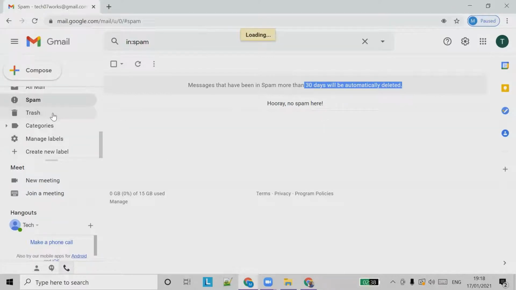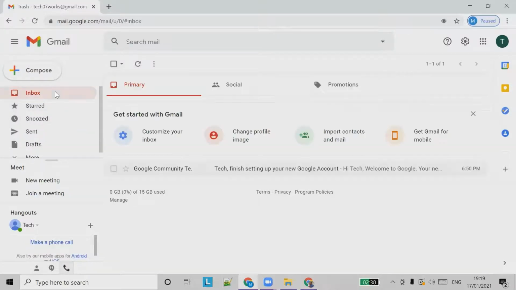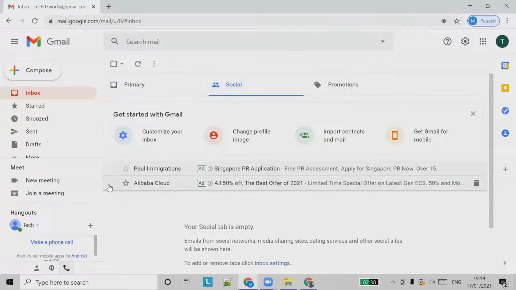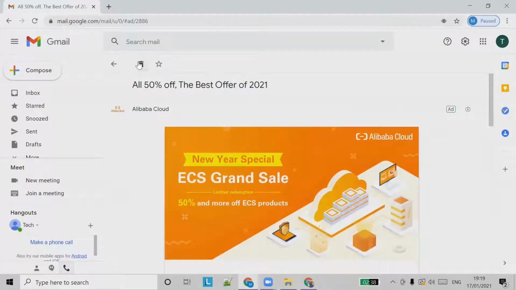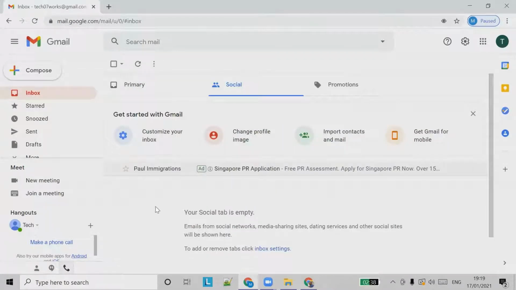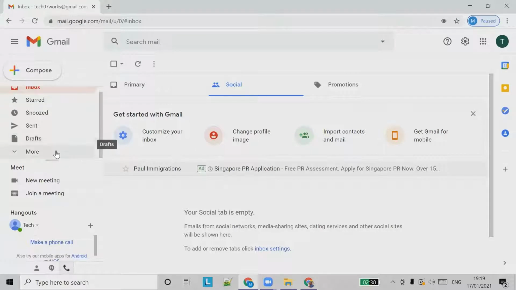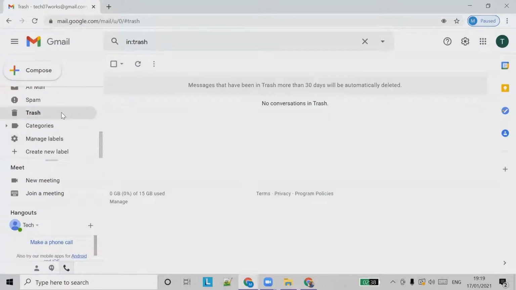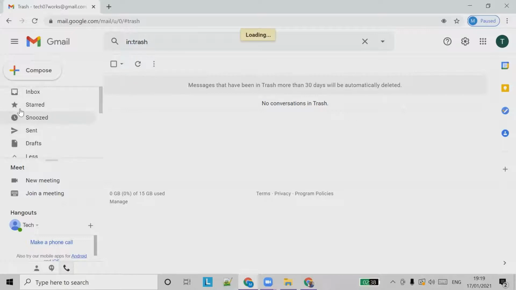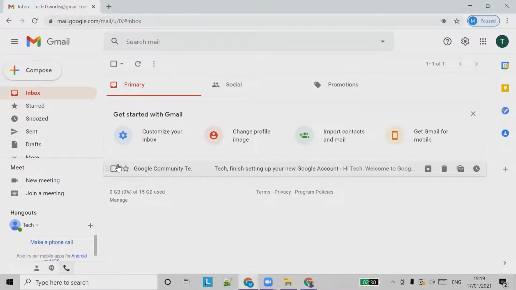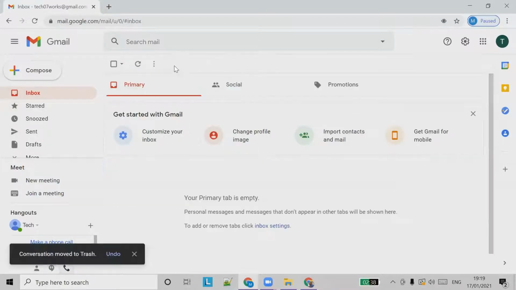So whenever an email is deleted, it appears in the trash. Let's say I delete this email. When I delete it, it goes away from the inbox and should appear in the trash.